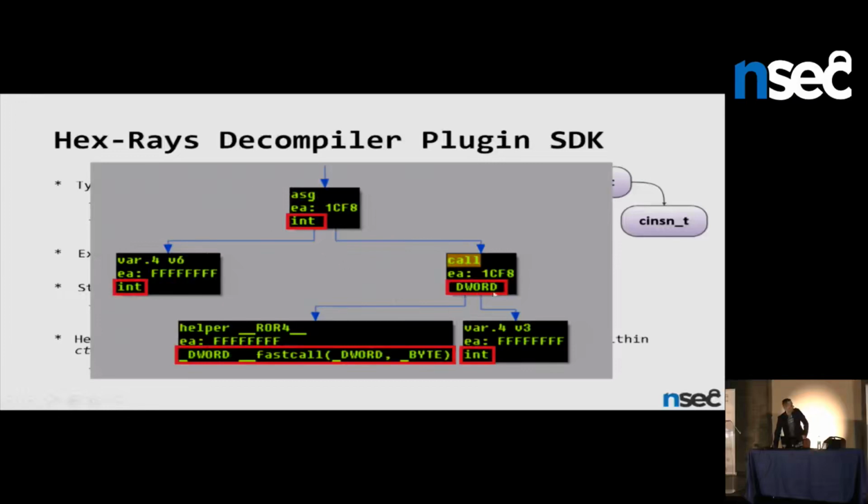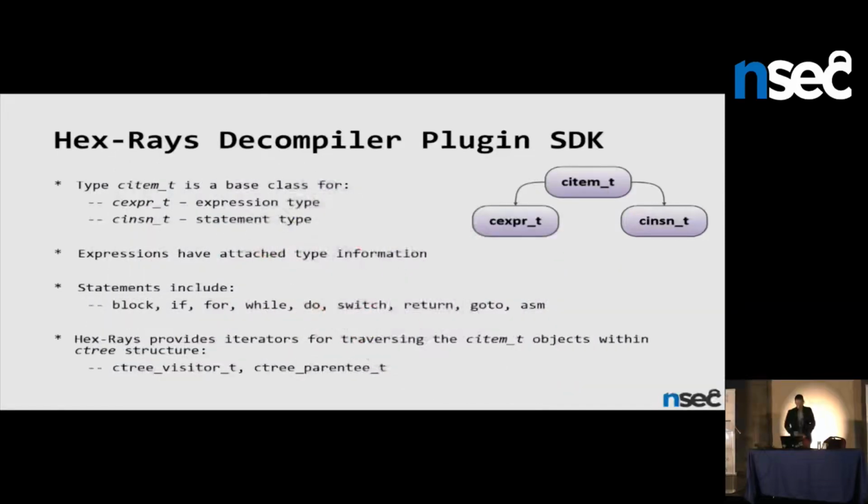Well, in this case, it's the word, but that's okay, because the word and integer have the same properties here. The word is obtained as a result of the call to this routine, and this is the signature of this routine. It returns the word and takes 2 parameters, the word and byte. We can see the word here, and the other parameter, the third, is just stripped here. It's not on the screenshot. So you can do any manipulations with these nodes, and you have to make sure that the type information is